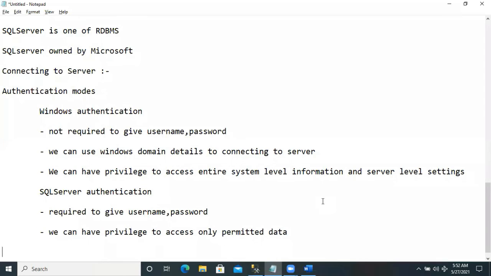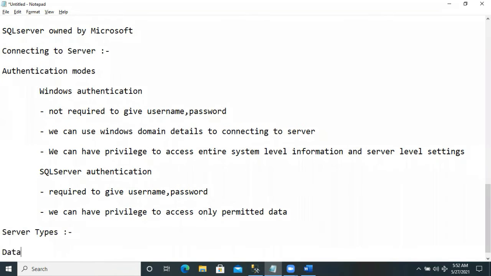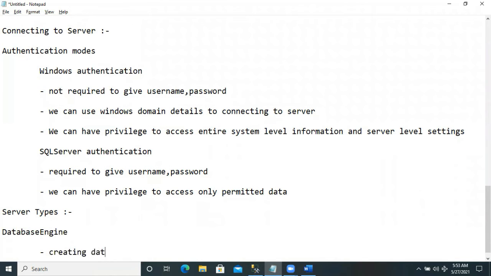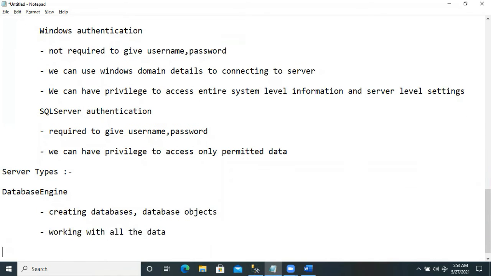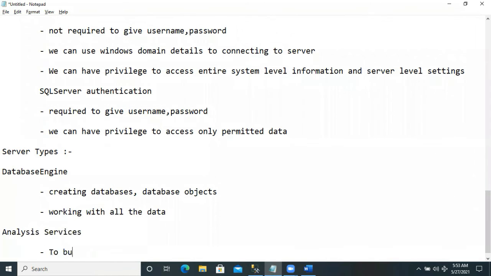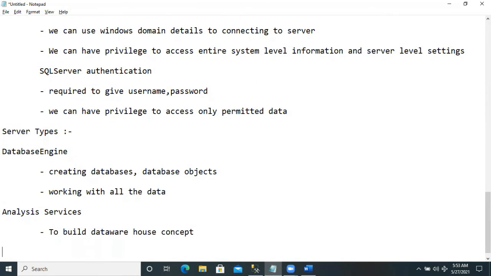Friends, here we have different server types. One is the database engine. It helps in creating the databases and creating the database objects and working with all the data. Analysis services, to build the data warehouse concept and analyze the historical information.